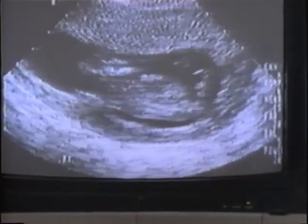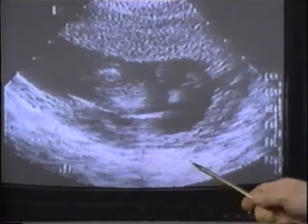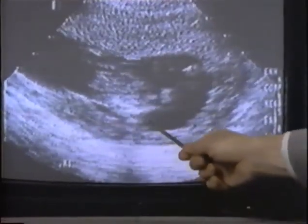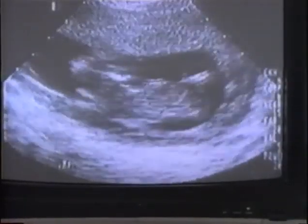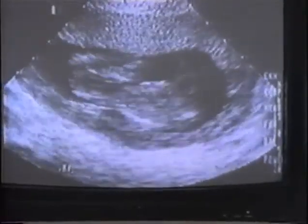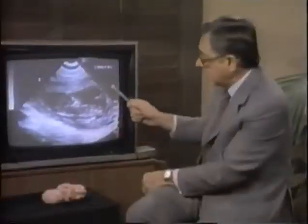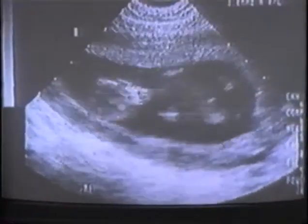You will note that as the suction tip, which is now over here, moves toward the child, the child will rear away from it and undergo much more violent, much more agitated movements. The child is now moving in a much more purposeful manner. Its orientation changes from time to time. It is rearing again here. Now, the suction tip has not actually touched the child, even though the child is extremely agitated and moving in